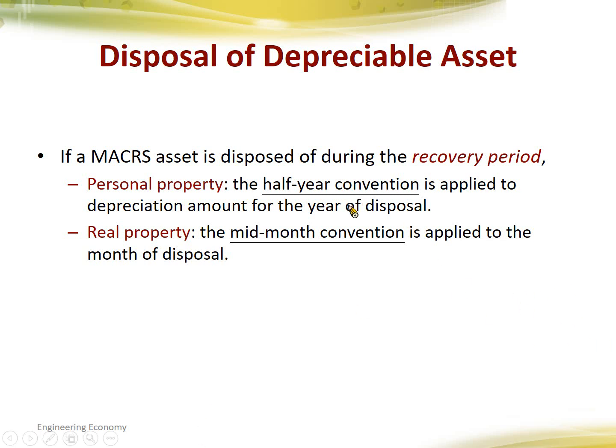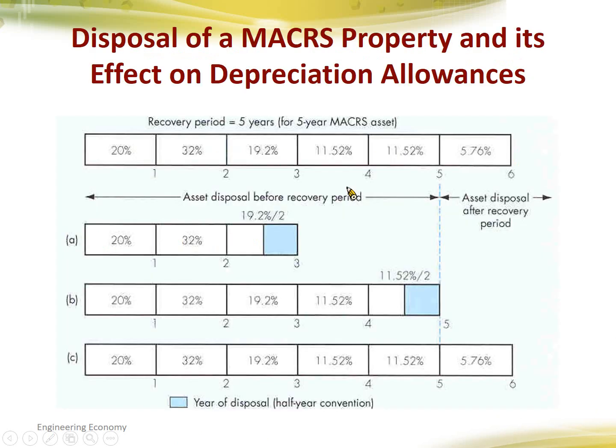And we were looking at personal property, real property, and for personal property, we follow this half-year convention. Right? If you remember that in the beginning and at the end of the project, we can also take half-year